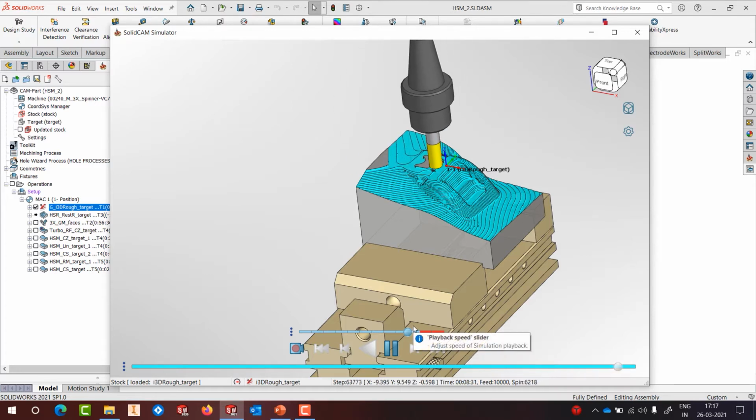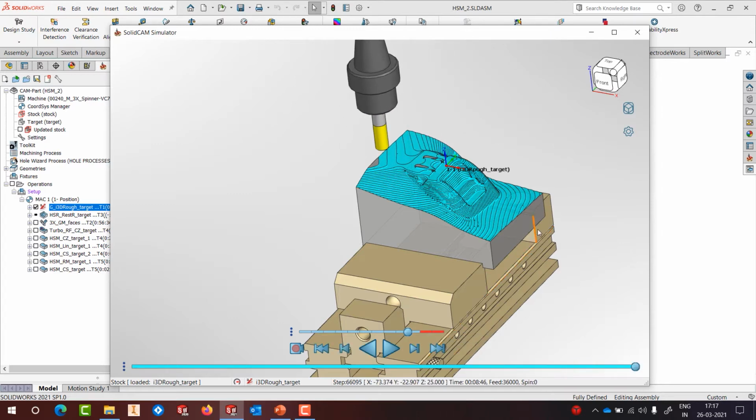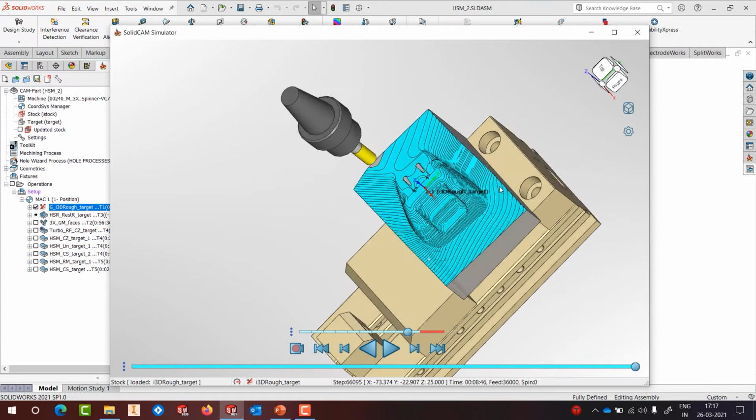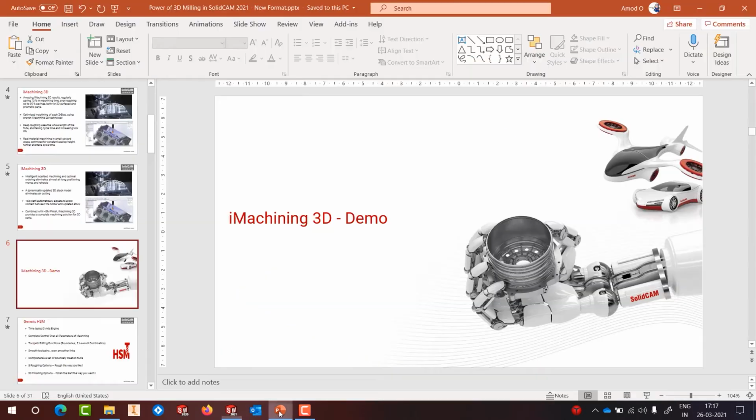Right. So this is how iMachining does the roughing, and the total time here is 8 minutes 48 seconds for cutting this part on an impax boiler with a tensile strength of 1020 megapascals. Right, let's jump back to our presentation here